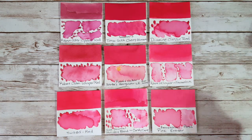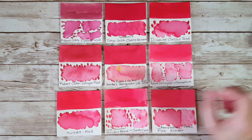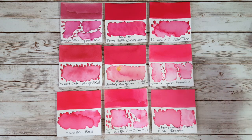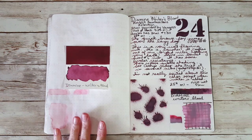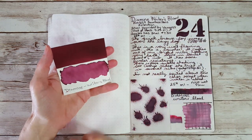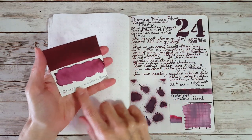But anyway, there's the panel, and it was certainly an interesting ink, and it won't go to waste. It's pretty. You can read it. So on to day 24. Okay, day 24 was a switcheroo because one of my dear pen friends, Sharon, was interested in this Diamine Writer's